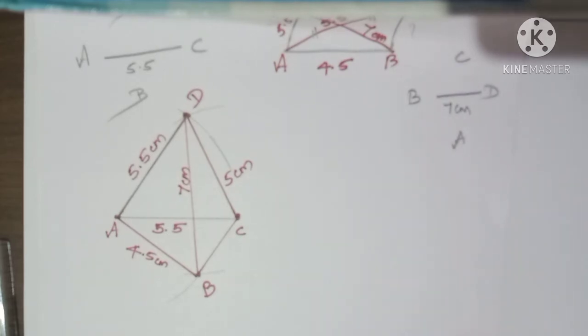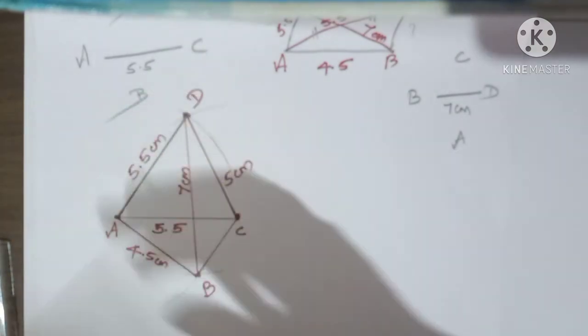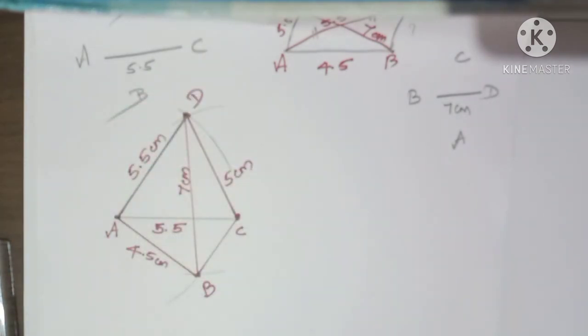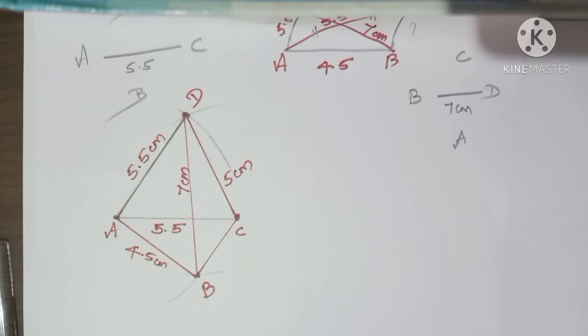The next thing you want to do is write the steps for this quadrilateral. You can write the steps in your own words. For example, draw a line segment AC of 5.5 centimeter. Then with A as center, with 5.5 centimeter in a compass, cut an arc. Like that you can write the steps in your own words. Or else in the textbook they have given the steps clearly. It is a little bit bigger. Read it, understand it and better write in your own words.